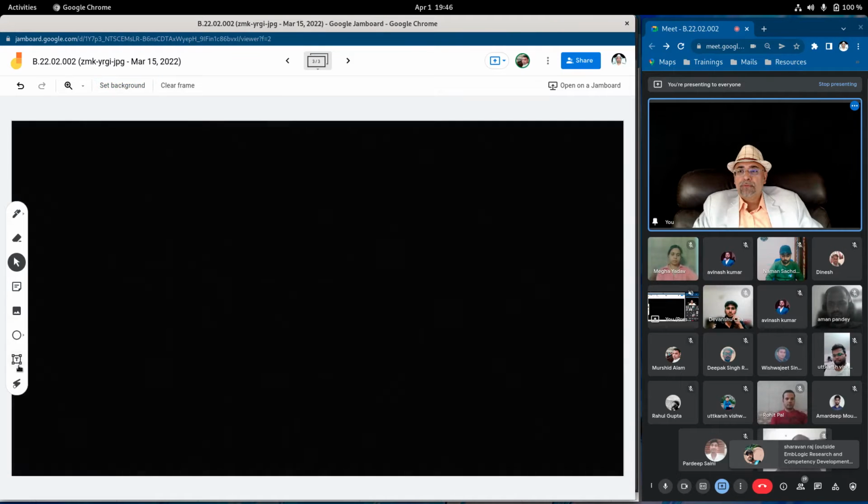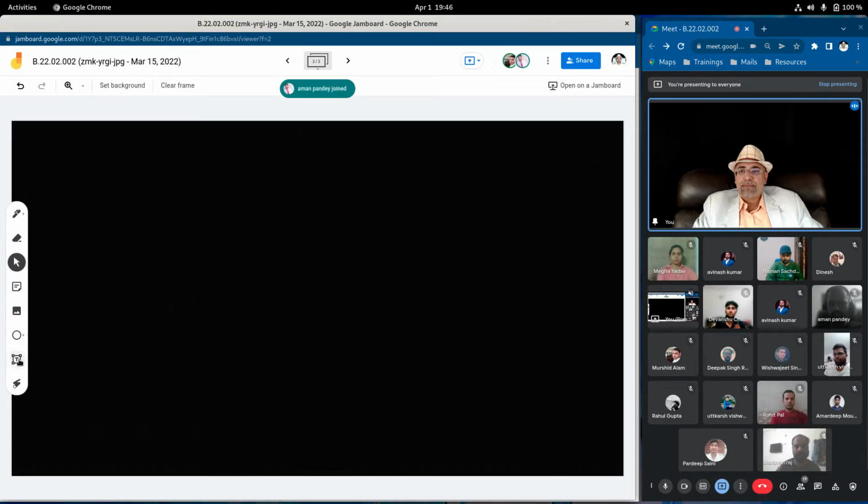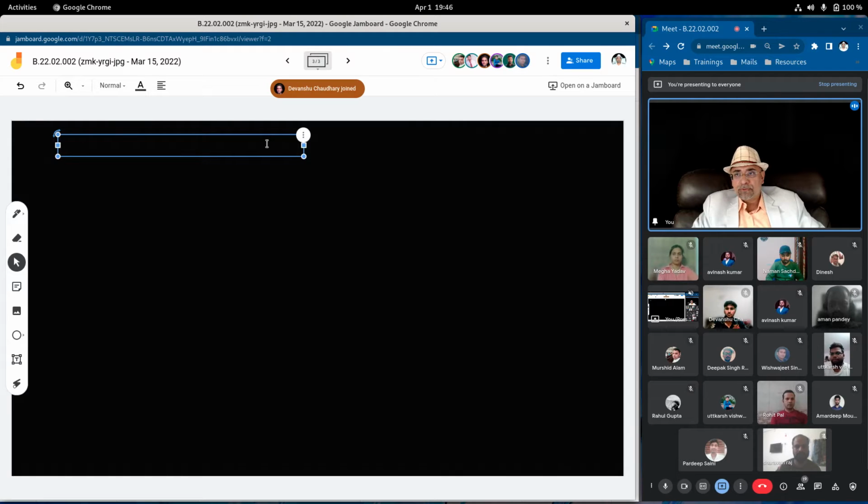So, very first thing, we learn about accept by reference. In C++, there are three ways of supplying arguments.